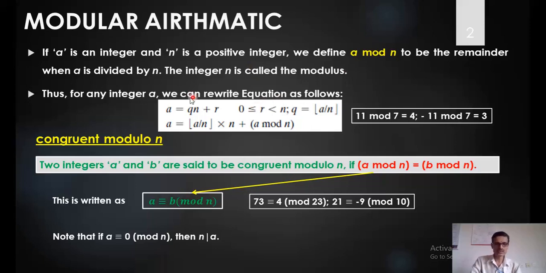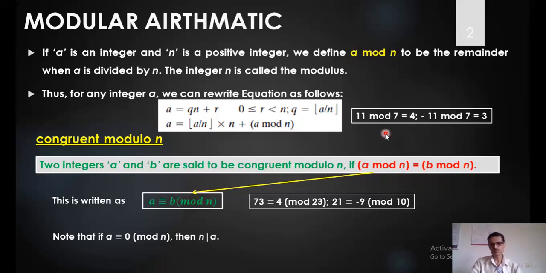As you know, by using the division algorithm we can relate a, the divisor n, the quotient and the remainder by the equation a is equal to qn plus r, where r is the remainder, which is always less than n, the divisor, and q is a by n, the quotient of the operation. We can write this division algorithm in another form, as a equals the quotient a by n multiplied by n, plus the remainder we generate, which is nothing but the mod function. So I say it is a mod n.